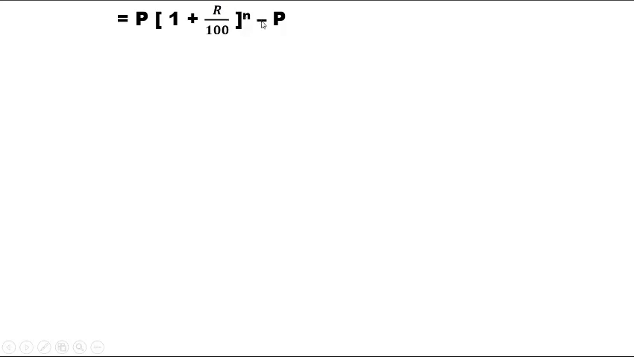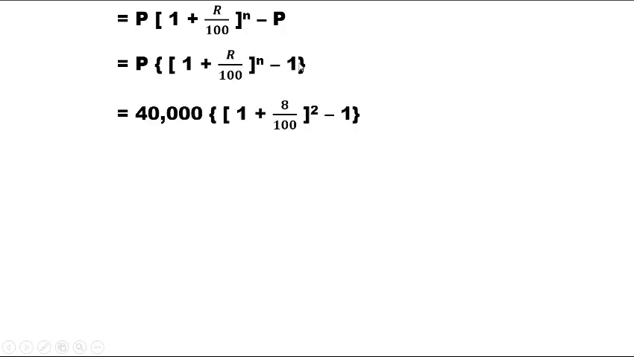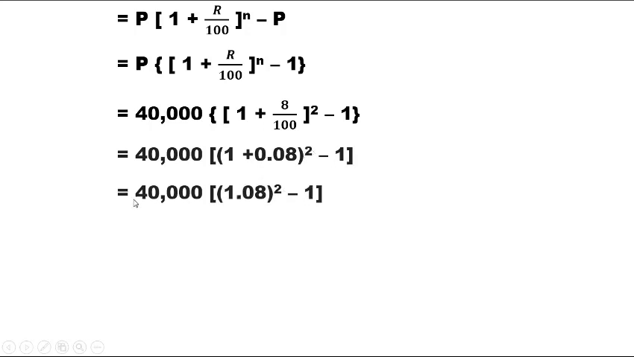to the power n minus P is equal to P brackets of bracket 1 plus R upon 100 raised to the power n minus 1 bracket complete is equal to 40,000 brackets of bracket 1 plus 8 upon 100 bracket square minus 1 is equal to 40,000 brackets of bracket 1 plus 0.08 raised to the power 2 minus 1 bracket complete is equal to 40,000 brackets of bracket 1.08 square minus 1 is equal to 40,000 bracket